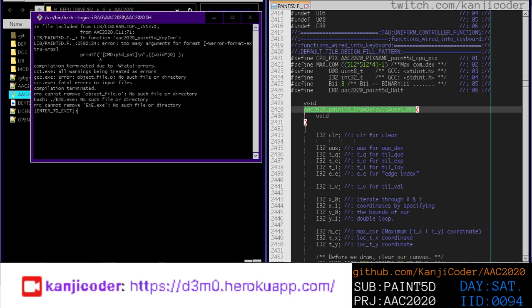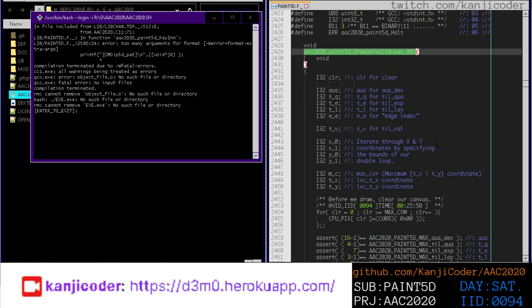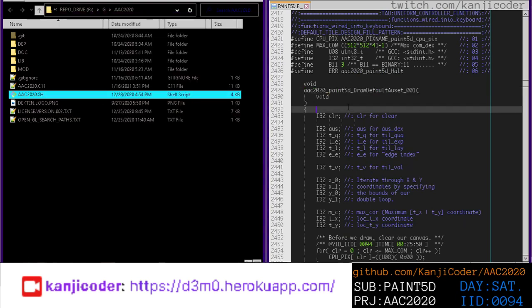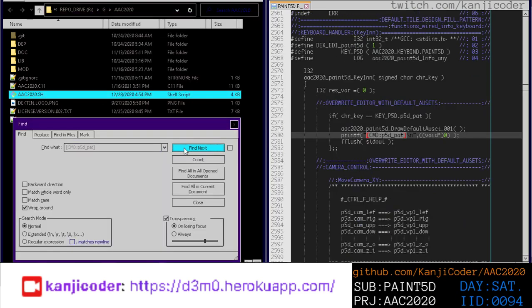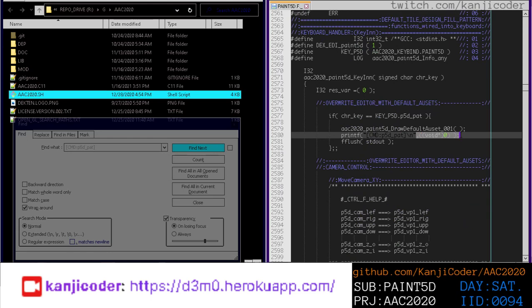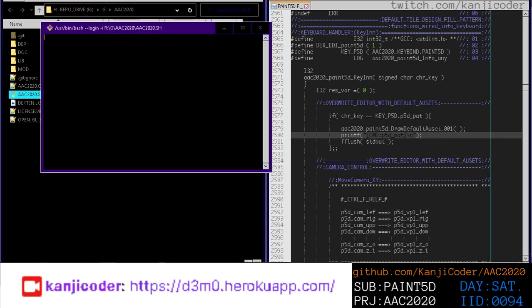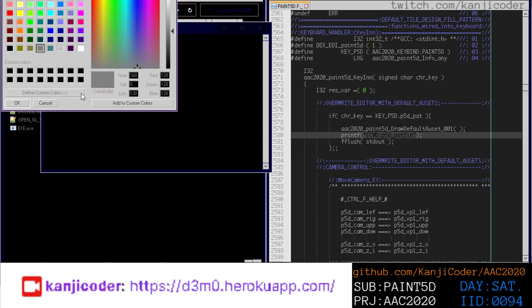So printf, cmd, whatever, too many arguments for format. So yeah, it doesn't really like me doing it that way. I just thought that maybe that would work if we could just change it really quickly, but it doesn't, and that's not a problem. We just have to take away this extra argument here. Just say, nope, you're not expecting that. Write it like this. That's fine. Okay, so now, if this works,